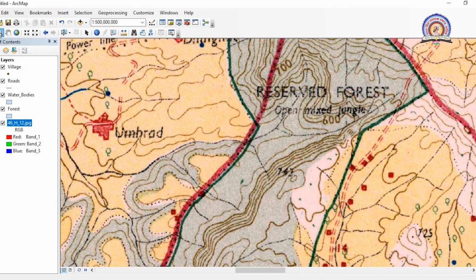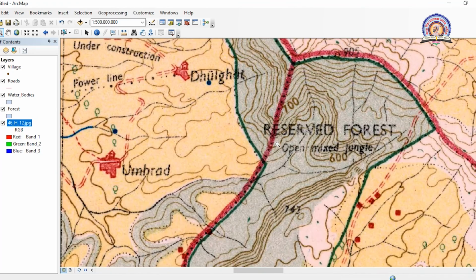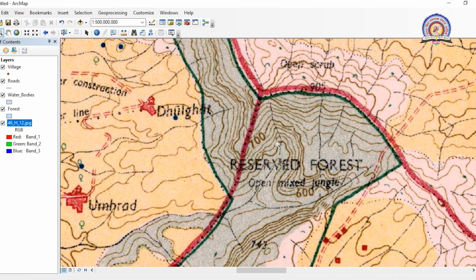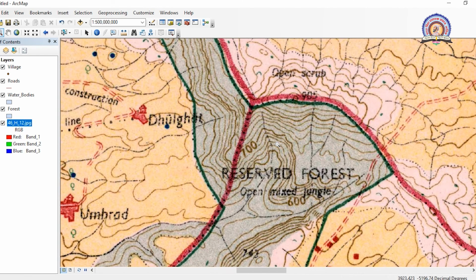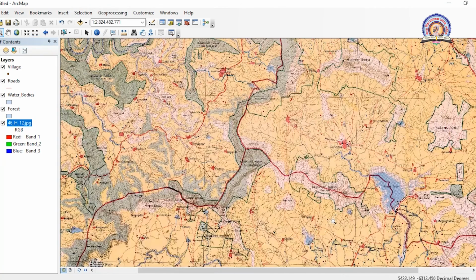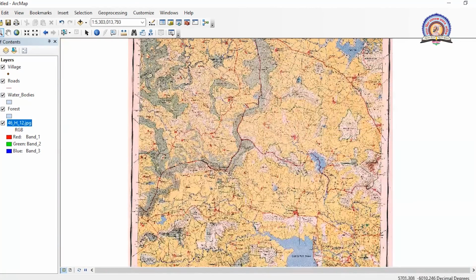So this button is used for zoom out. Also you can create a small rectangle so that the process will be at a faster rate. Now you can see that there are watershed areas, a settlement, connectivity of roads, forest fire. Each and every cultural and physical aspect is present in this topo sheet.